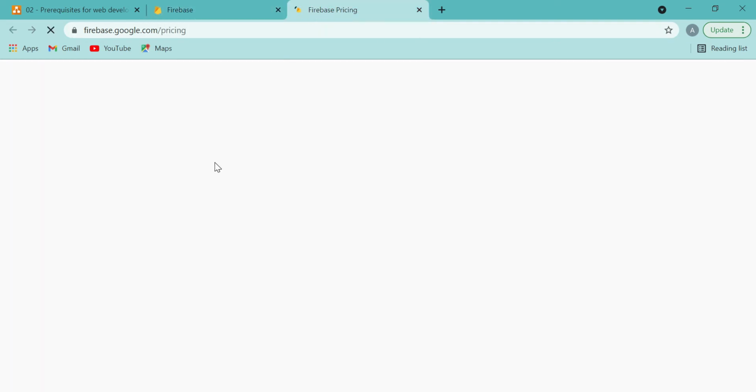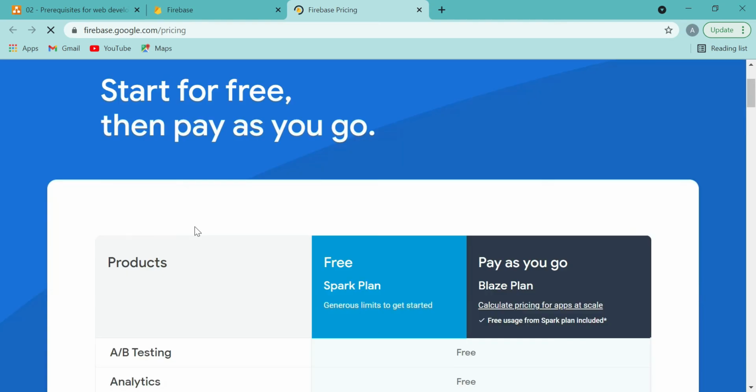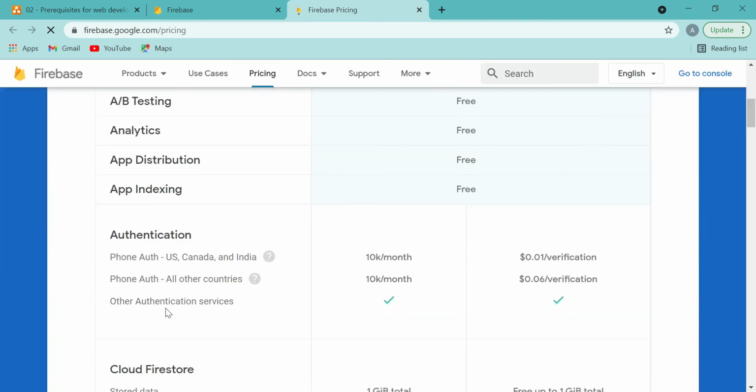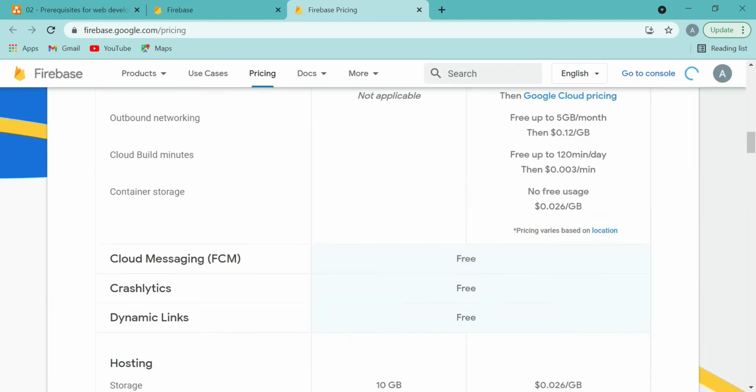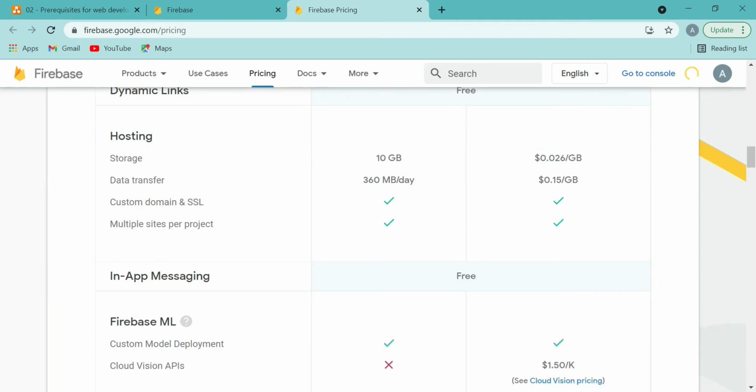As I told you, there are multiple other services which they are providing. So let's come down to the hosting. This is the hosting account. If you see here, up to 10 GB they are providing a free hosting account, which is very good. What you can host in Firebase is all the static websites. If you have an HTML, CSS and JavaScript website, or even an Angular website, anything which is static in nature can be hosted here.